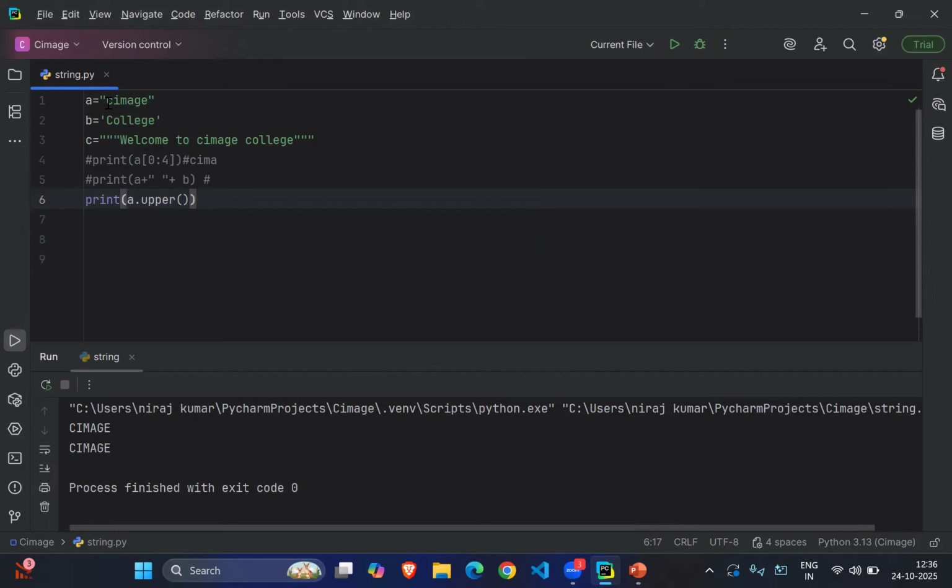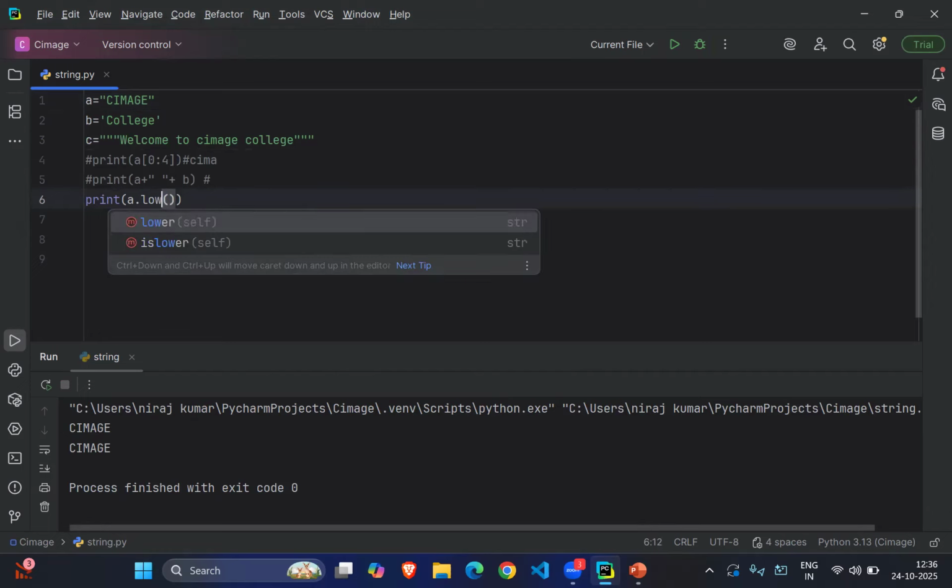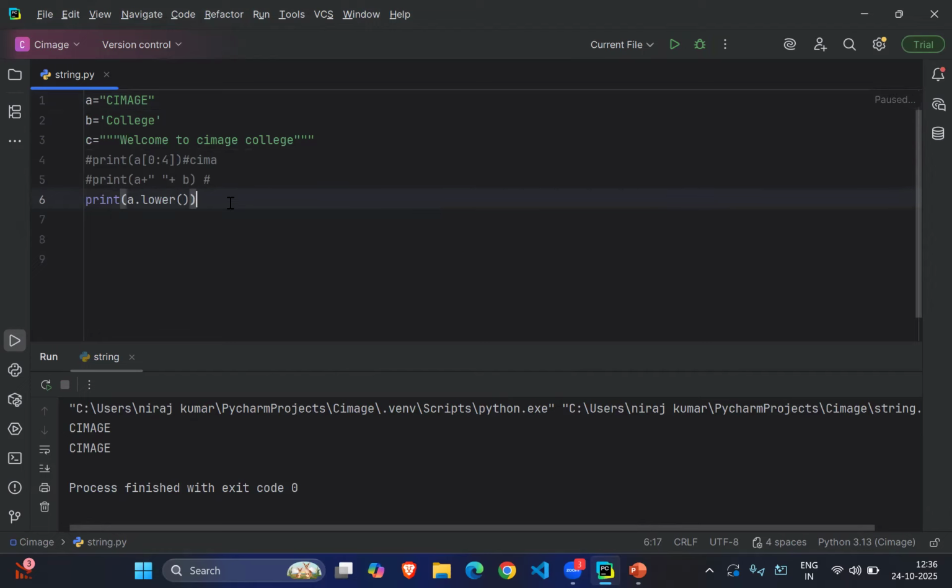Now we can also convert this to lowercase by using the lower function. Run the program and we will get the string in lowercase.